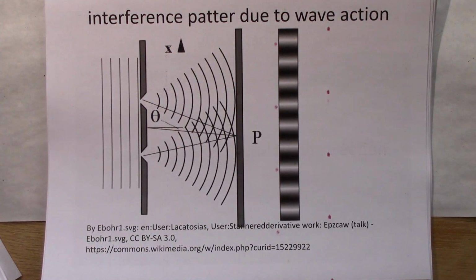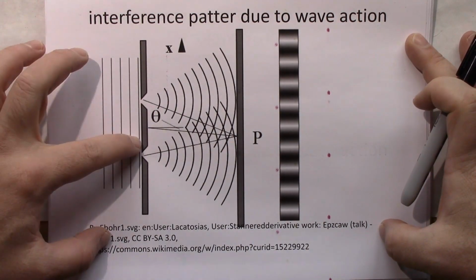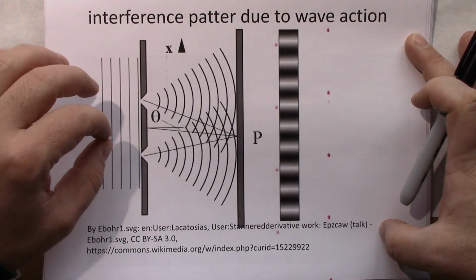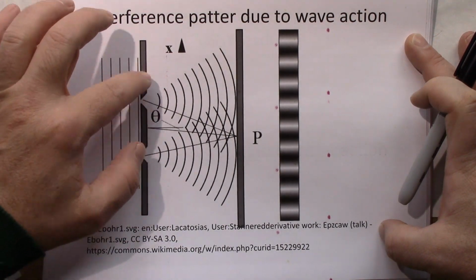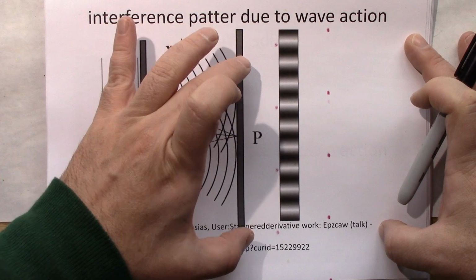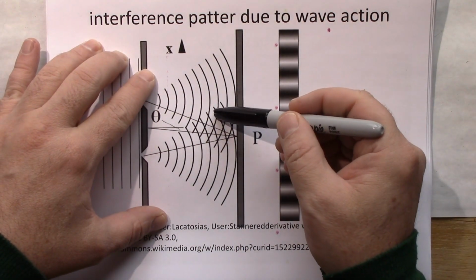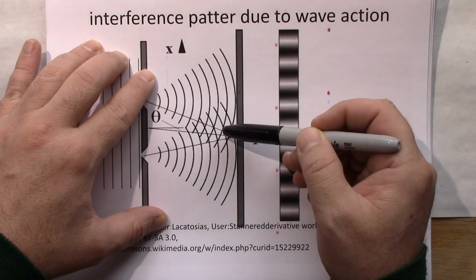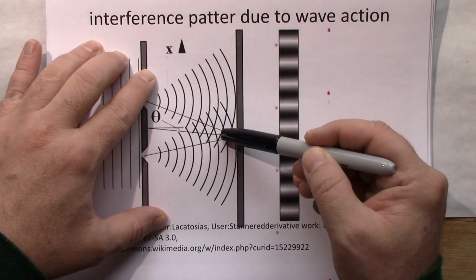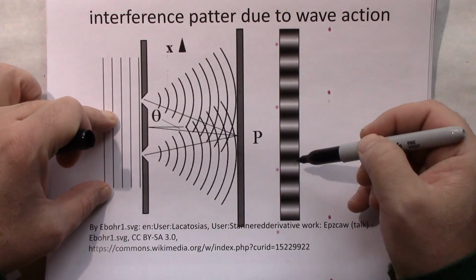What we have here is the double slit experiment, and we have parallel wavefronts impacting two slits, and what happens is you have what's called diffraction occurring, where the waves swirl out and then they hit the barrier on the side here. Areas where the crests overlap, you're going to get a bright area. Where the crest falls in between, peak to trough, you're going to get a dark spot. And this is what we call a fringe pattern.